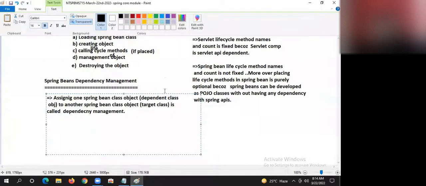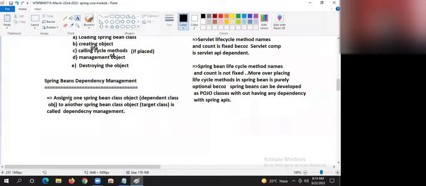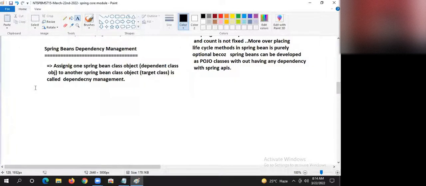Are you getting my point, guys? Assigning one Spring Bean class object to another Spring Bean class object is called dependency management.